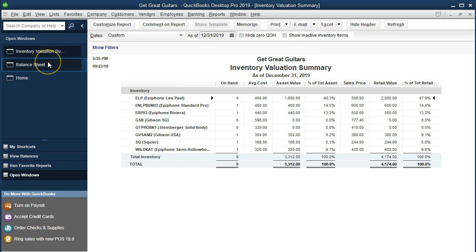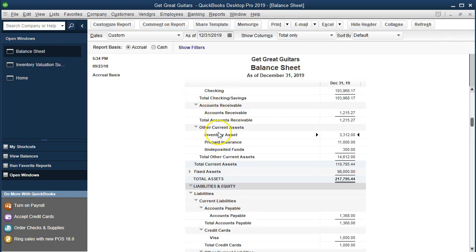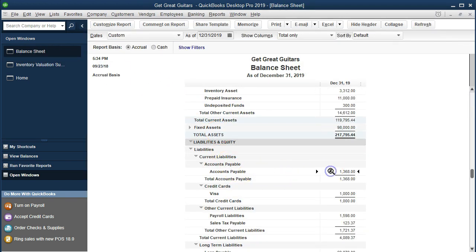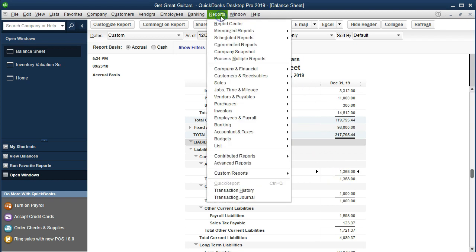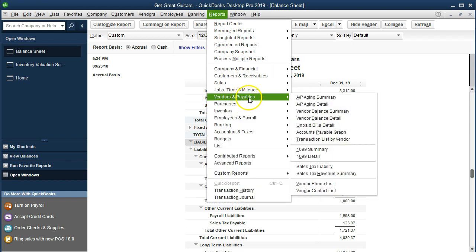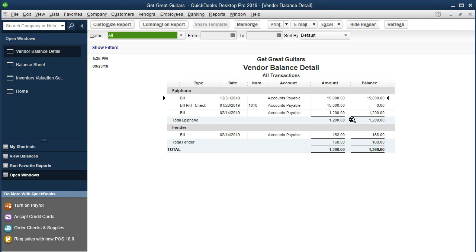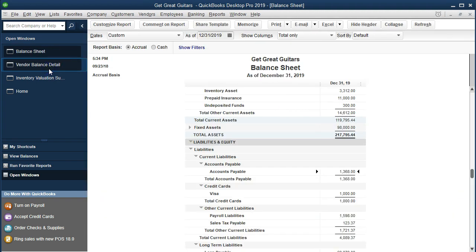and then again, if I go to the balance sheet and we want the supporting documentation for the accounts payable, we're going to go to reports. We're going to go to vendors and payables, and we'll go to the vendor balance detail. And then we'll get this information. Here's Epiphone now at that 1,200. So we owe Epiphone 1,200. We owe Fender 168 for a total of 1,368. That amount, of course, being what is on the balance sheet. Back to the open windows balance sheet. Over here,